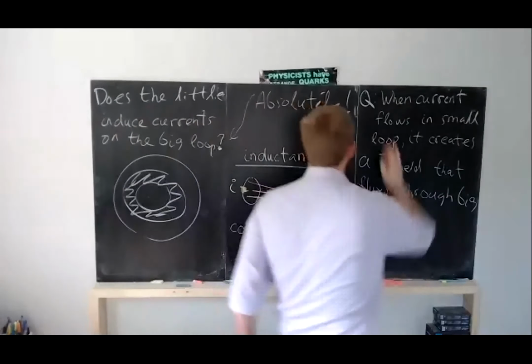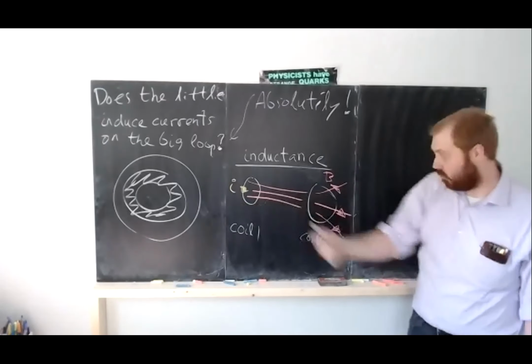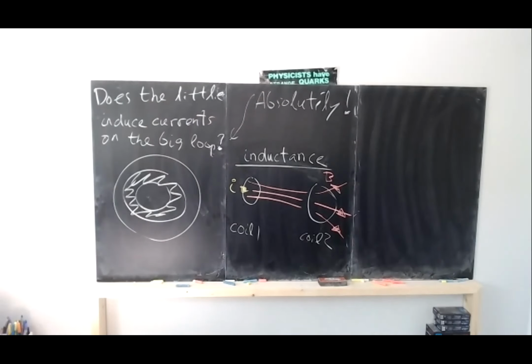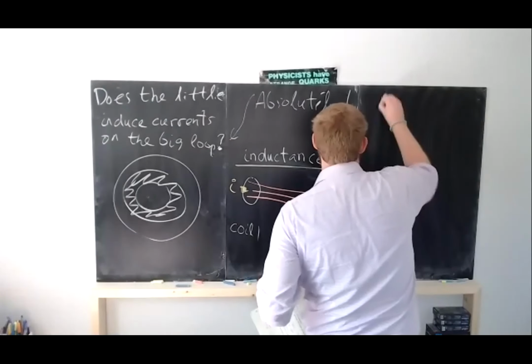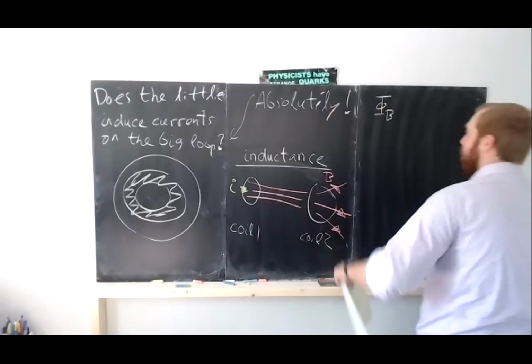All right, so if I increase the current through this wire, if I increase i, does the magnetic flux go up or down? Yep, gotta go up. So, conclusion, the flux through coil 2